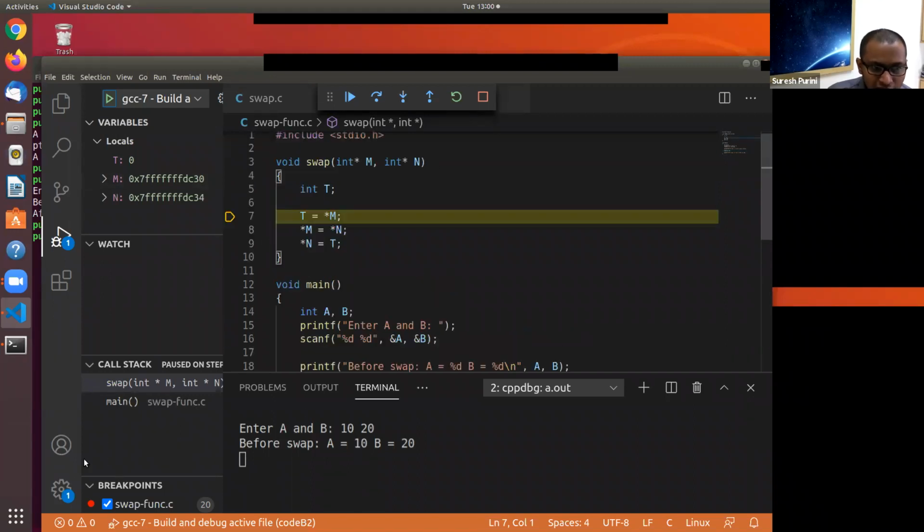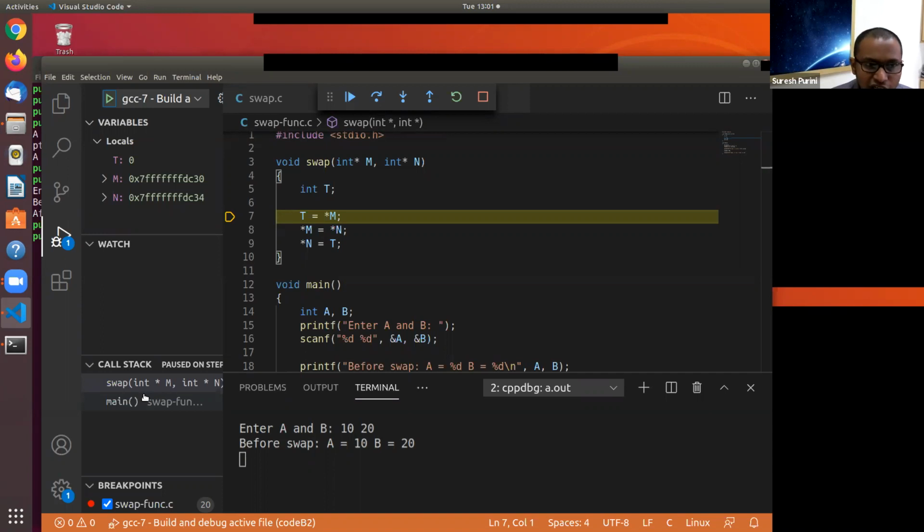Awesome. Can you take a look at the call stack? What does the top of the call stack contain now? The activation record for the swap function. Thank you, Pranjal.